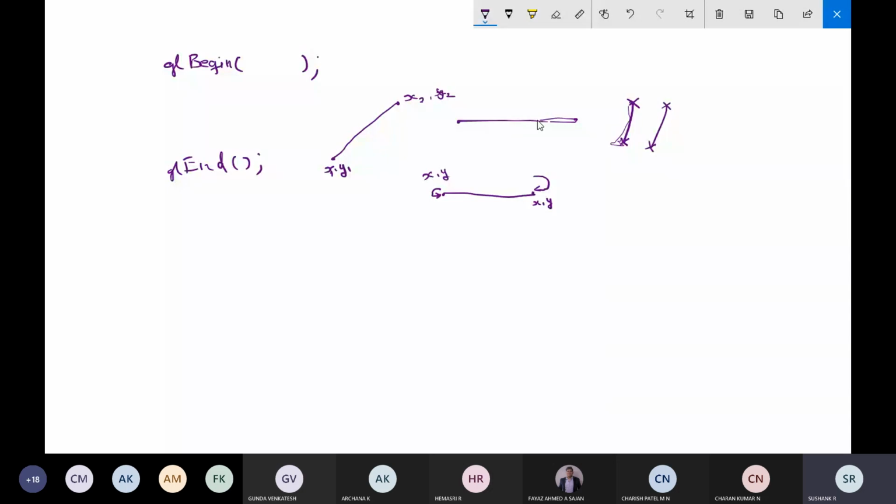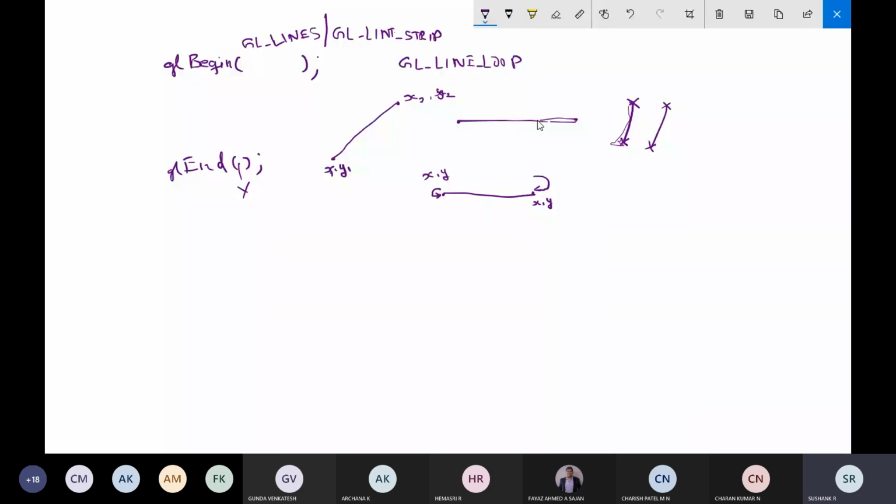For this line, you can use constants like GL_LINES, GL_LINE_STRIP, or GL_LINE_LOOP. Each of them has its own functionality. As usual, this will not take any parameter.